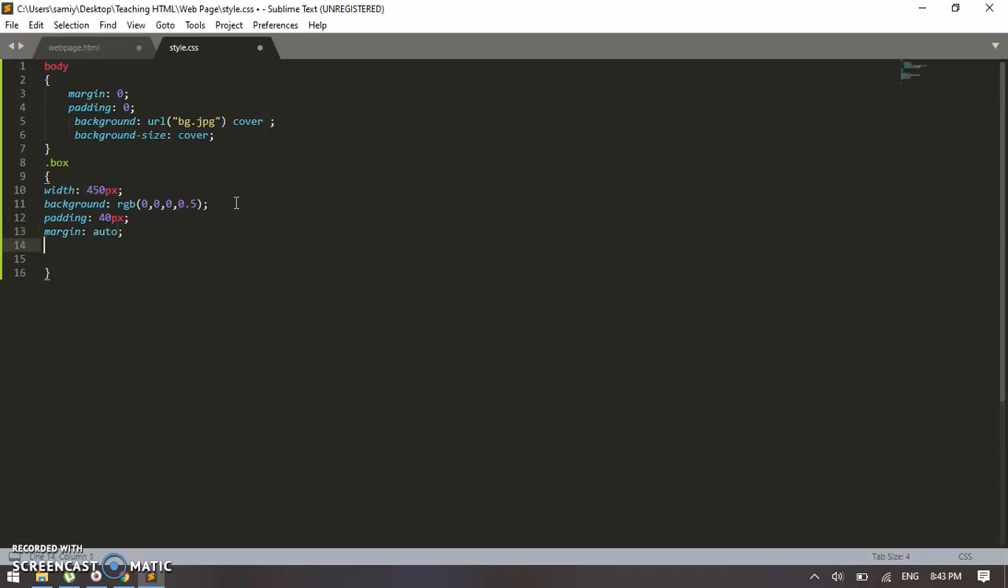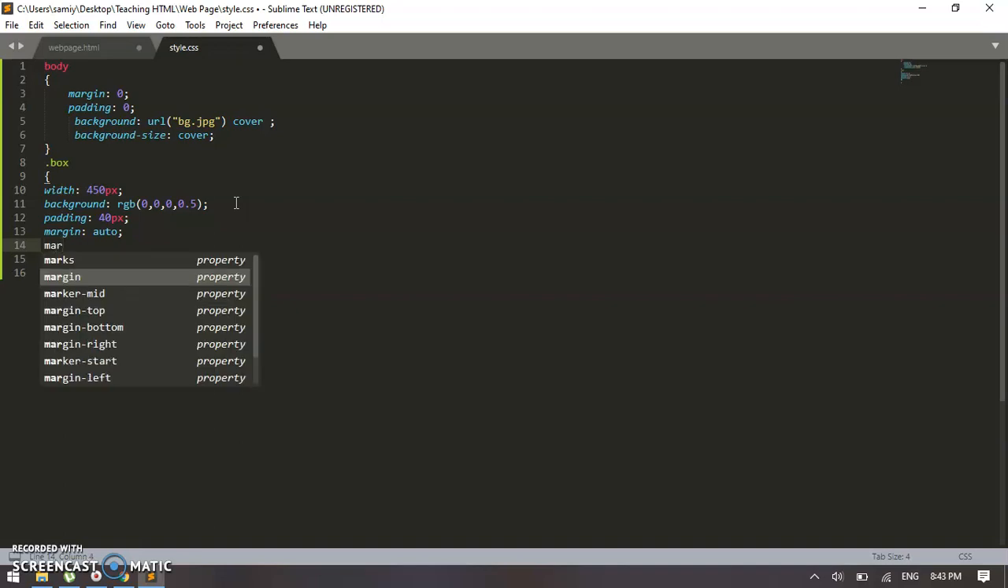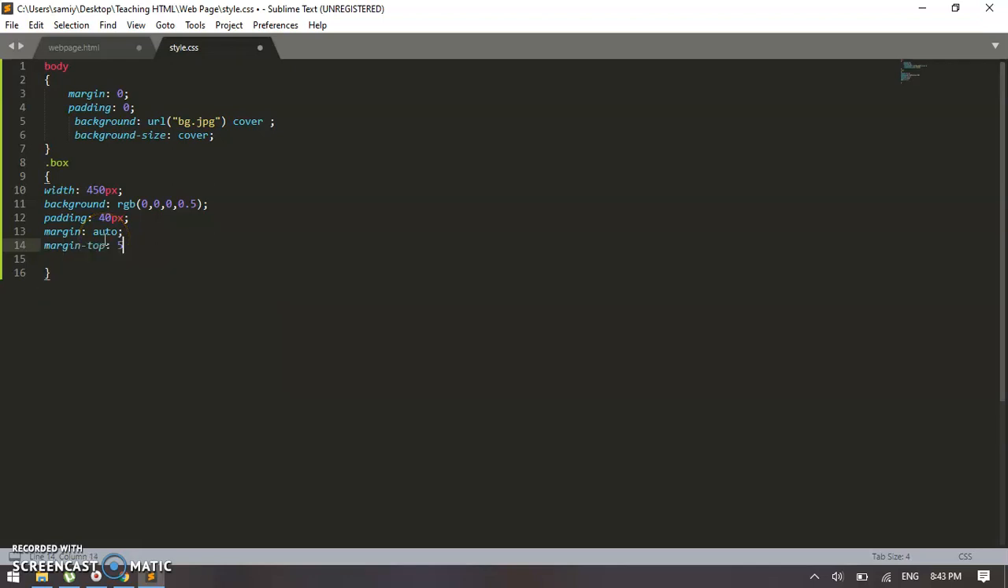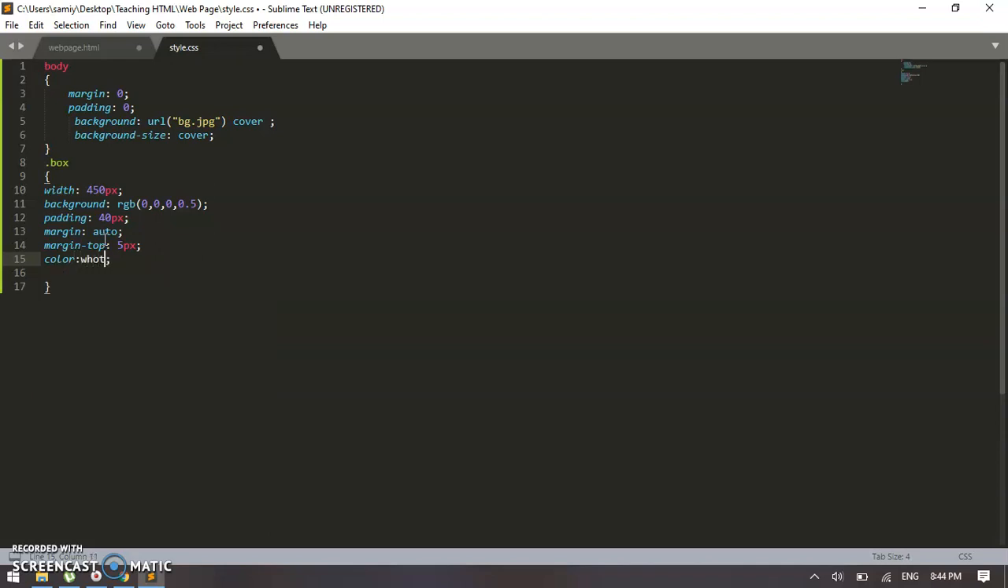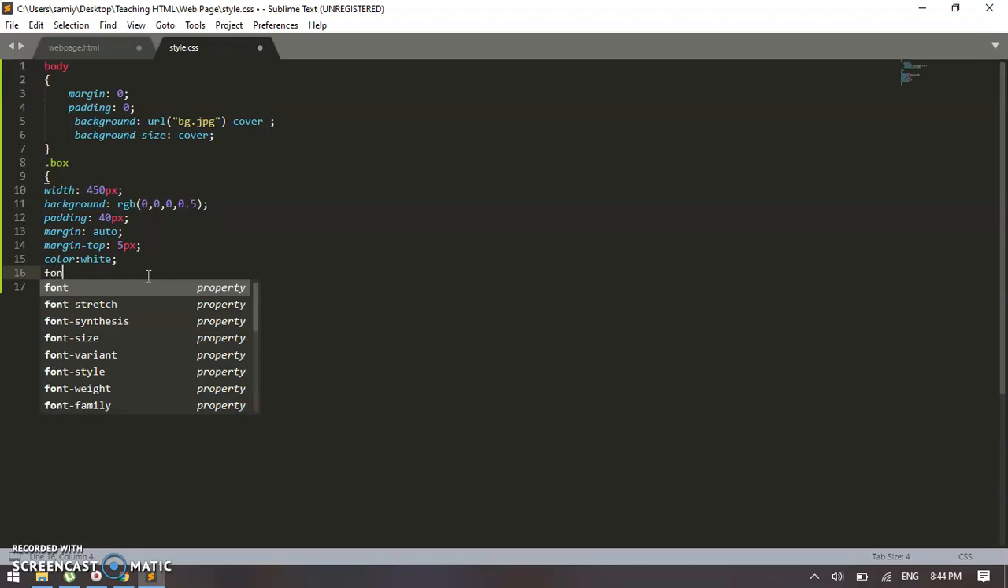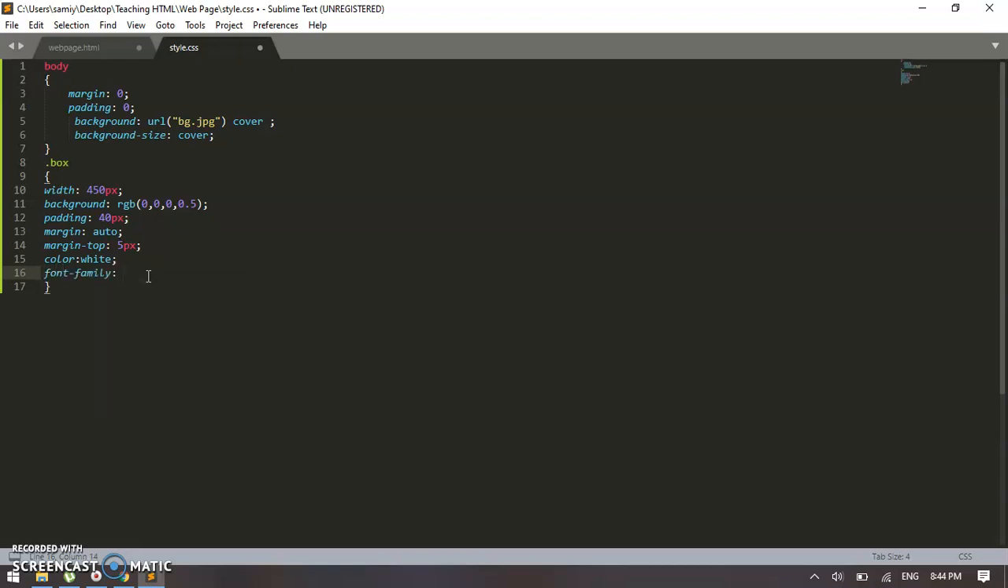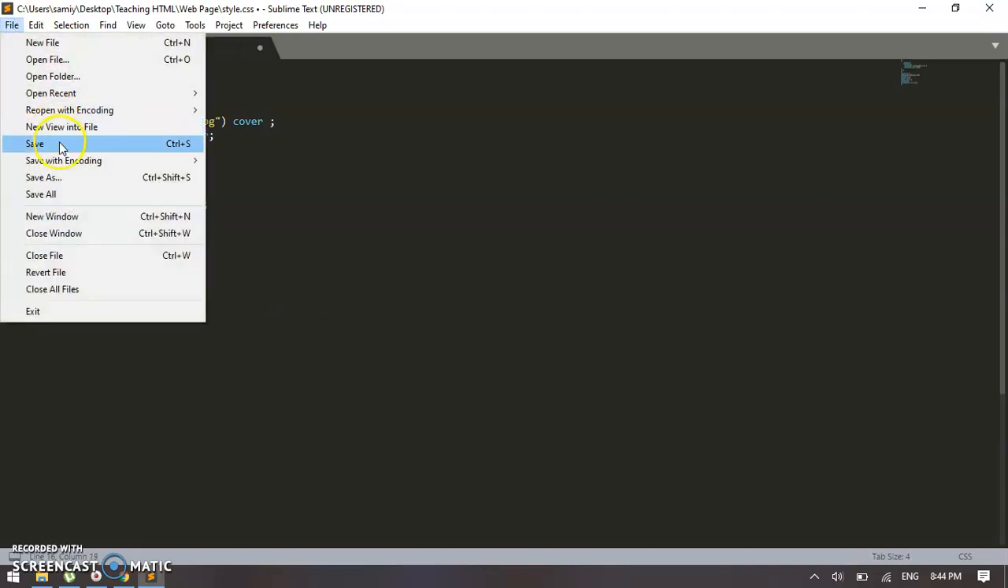Also we can add margins as margin top or left or bottom. You can see all these options here. You can add any one, and I want the top margin to be 5 pixel. And let's add the color white for this div. It is not gonna appear as the whole color, but it's a little. Let's see how it looks. And let's add a font family and maybe sans serif. That's it. Let's save it,